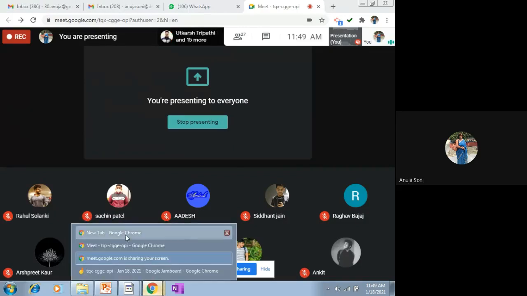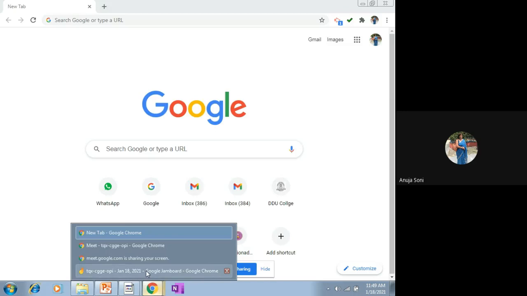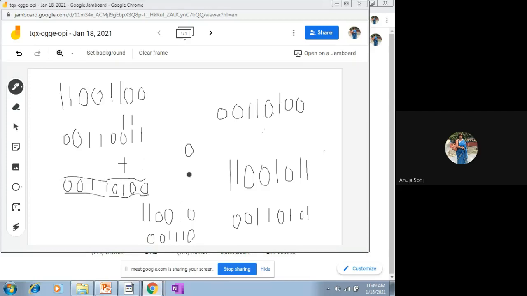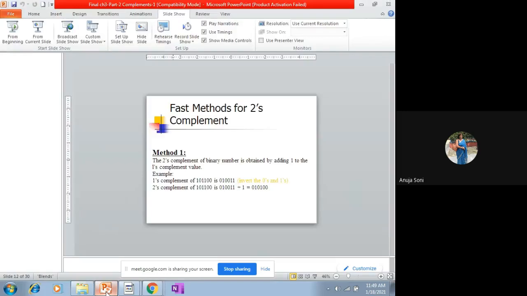Generally, in order to perform your subtraction operation, you are required to take the 2's complement. How do we do the subtraction of two numbers? Generally, we will talk about the subtraction in decimal form, how the system does it, and we'll talk about the subtraction of binary numbers. In that case, we have to take the 2's complement of a negative number, and then add the 2's complemented value of a number to the other given value in order to find out the subtraction of two numbers. We'll go that way only.